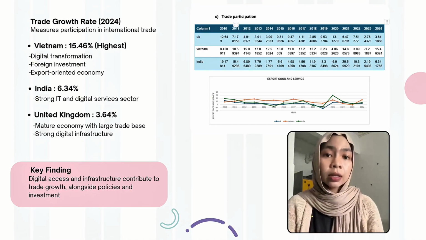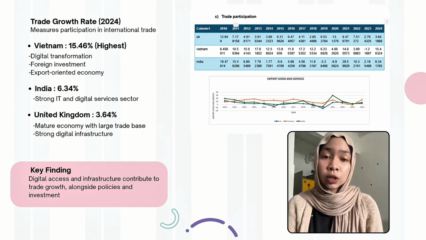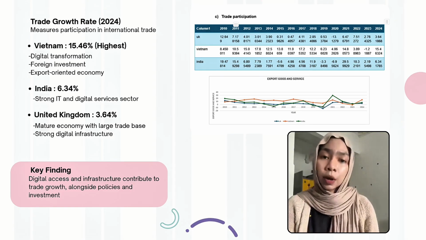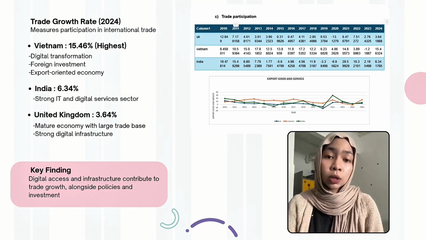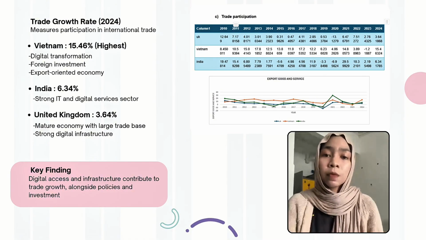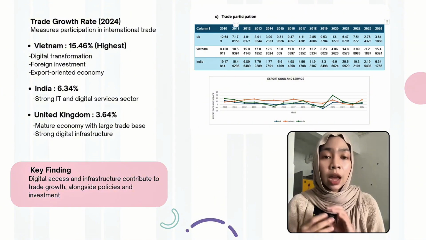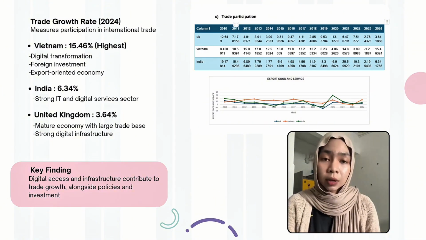The last one is trade participation, trade growth rate. The final indicator is trade growth rate, which reflects a country's participation in international trade. According to data, Vietnam recorded the highest trade growth rate in 2024 at 15.46%. This strong performance is supported by rapid digital transformation, foreign direct investment, export-oriented policies, and integration into the global value chain. India recorded a trade growth rate at